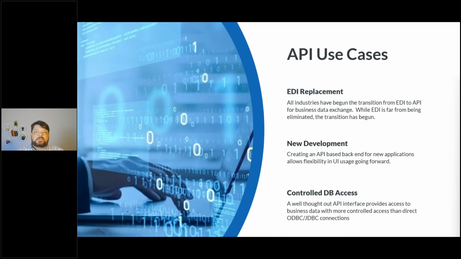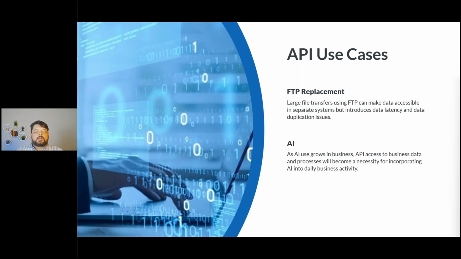API integration does not have that risk. Your authentication for your APIs does not have to be tied to your IBM i system authentication. You can use things like OAuth or API tokens, or even if you want to use credentials, usernames and passwords, they don't have to be tied to system profiles. Again, we can give access to that data in a controlled environment through an API that controls what can be seen and what can't, and also using an authentication method that doesn't allow a third party to access our system in ways we didn't intend.